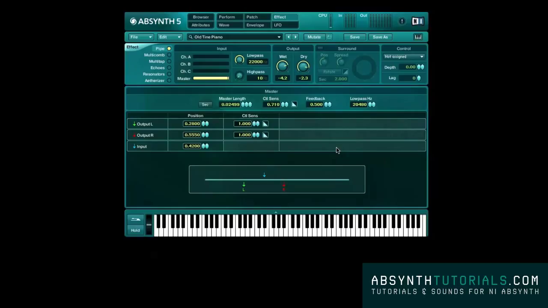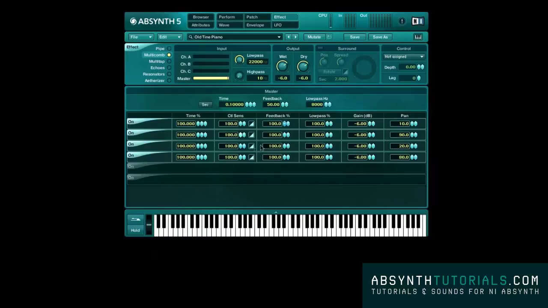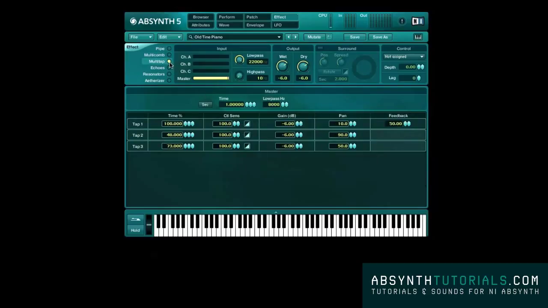Welcome back. In our last video tutorial, you learned how to apply an effect over the master audio signal and how to mix, control, and set each input, output, and surround and control option from the effect window. We also learned more about the first two effects available, pipe and multicomb, and tested each of its settings individually. In the second effect video, we are going to do the same for two of the remaining effects,